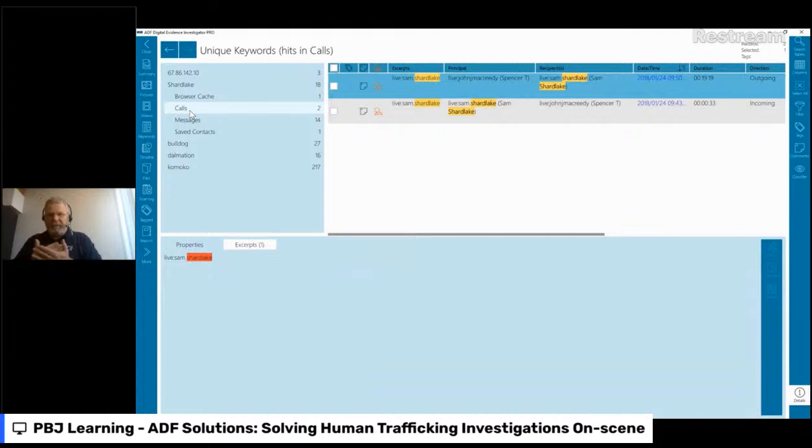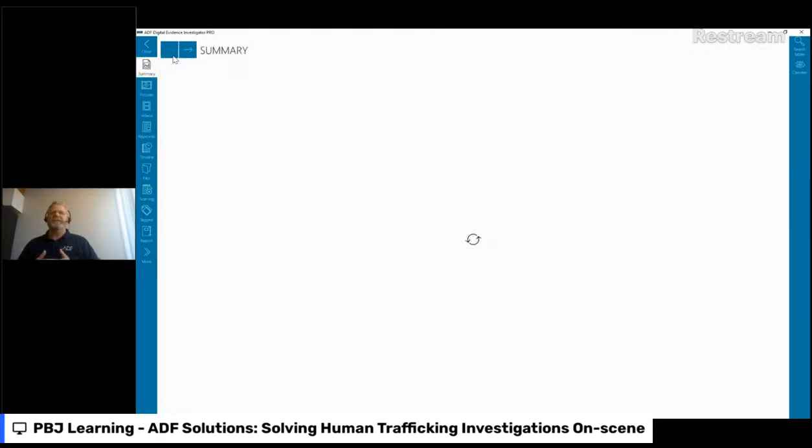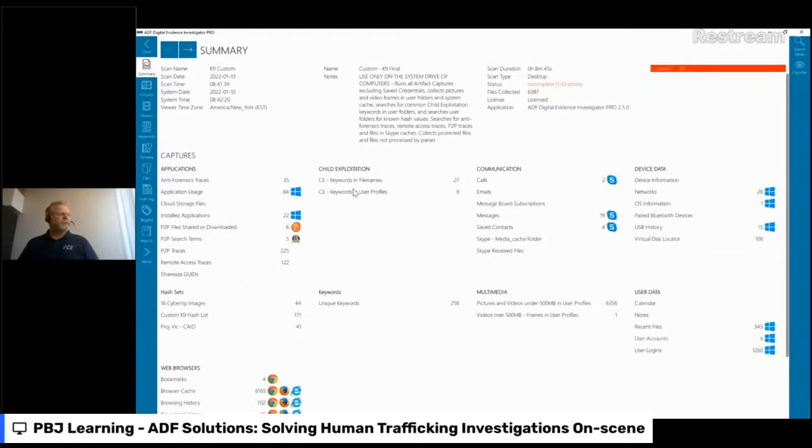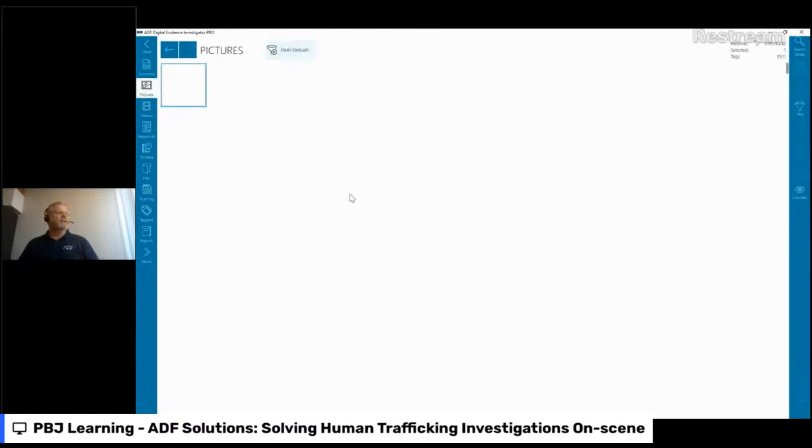So running a scan on that was a live Windows scan. It was done in 8 minutes. I have all this information at my fingertips. So you can see when you're going out, you don't need to necessarily bring all that back, if you will. You may have 5 computers on scene and only 2 are important. You'll be able to do these scans on scene, look at the information, and start putting your stuff together as well. Unique keywords, again,